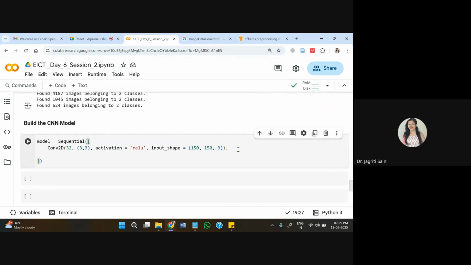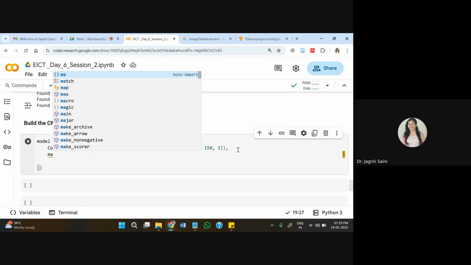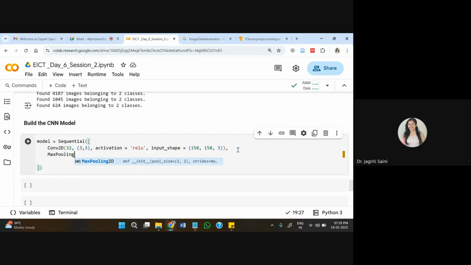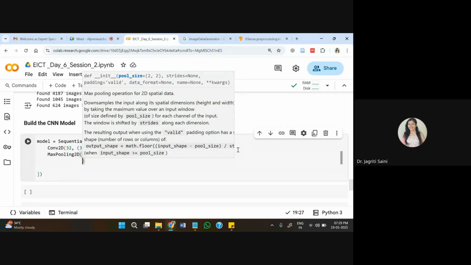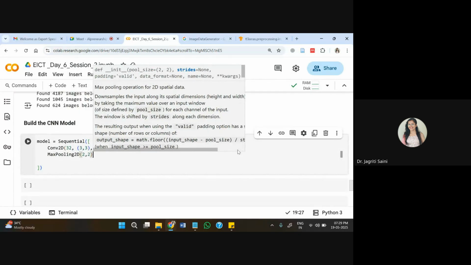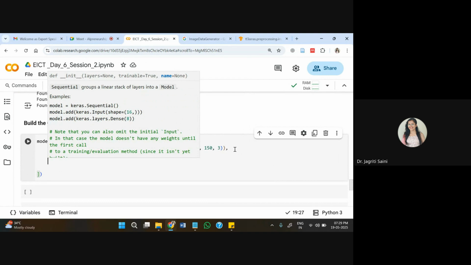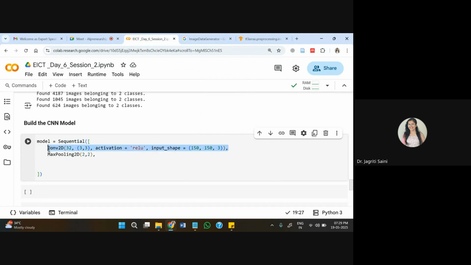Now, after this, we are free to add any number of layers into our model. So for this, I'm passing here first a MaxPooling2D layer. 2 cross 2 is my filter size for this, for instance. And then again, I'm using my Convolution 2D layer from here. I'll pass it, but this time I'll change the number of neurons to 64, for instance. The input shape we need only at the first layer, so we need not pass it here. After this, again, I'll pass one more max pooling layer.